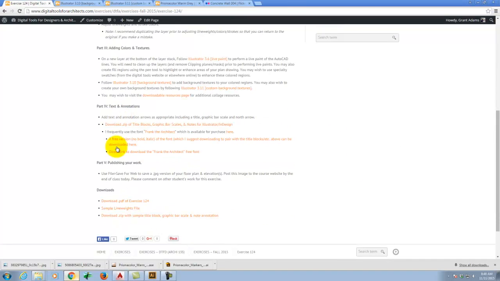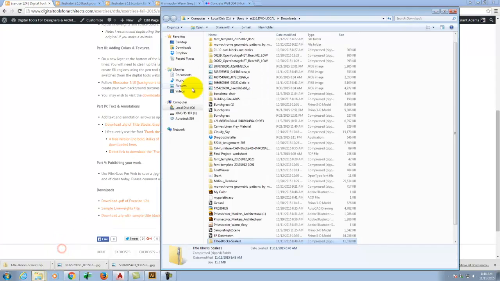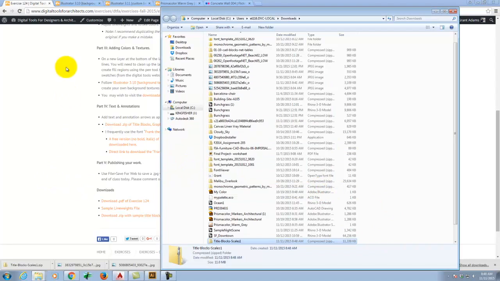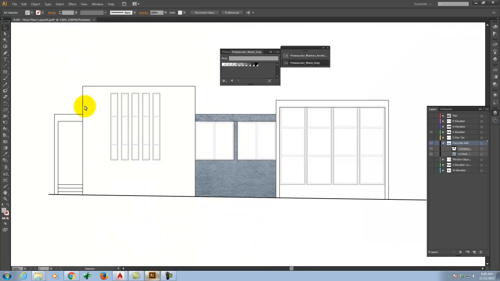under part 4, I have a zip package of title blocks, bar scales, and notes for InDesign and/or Illustrator. So you want to download that, which will come down as a zip file. Once you've downloaded it, you'll want to extract it to your flash drive. So I'll right-click on it and say Extract All and choose my flash drive. I've already done it, so I'm not going to actually extract it. And once you have it on your flash drive, then we can come back to Illustrator,